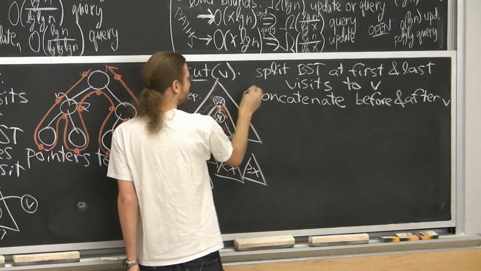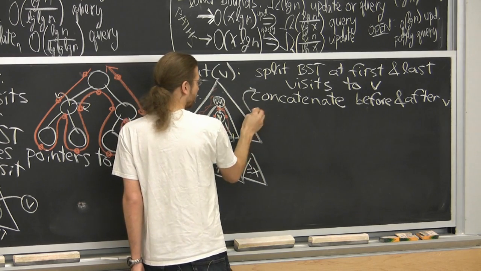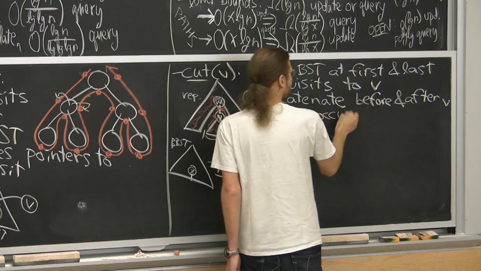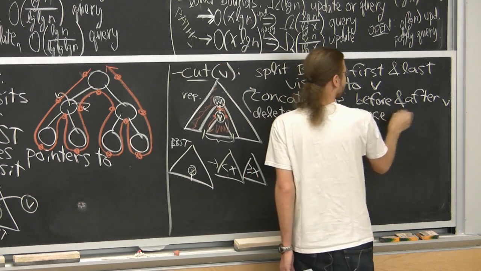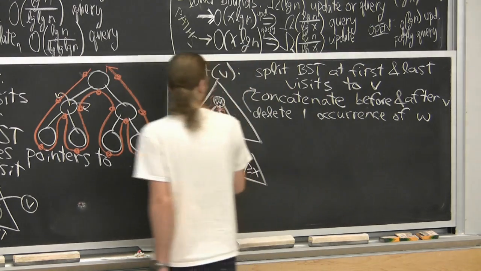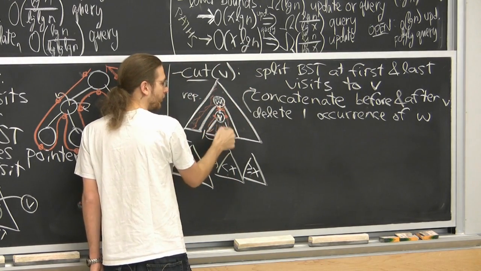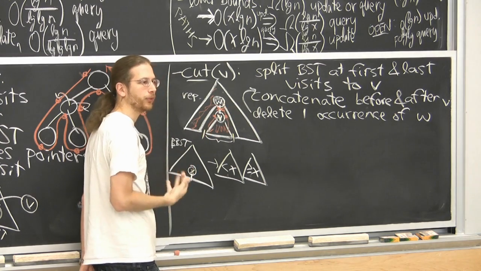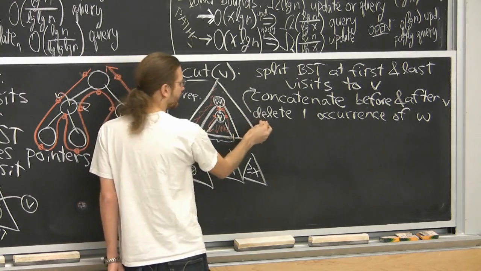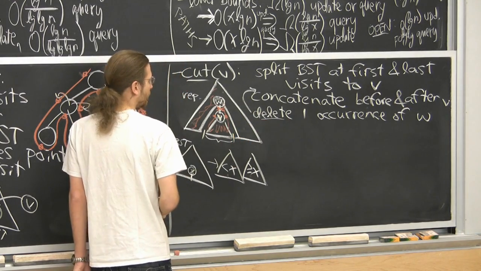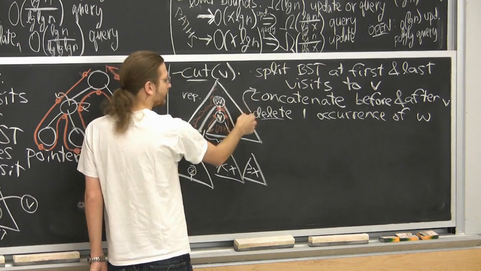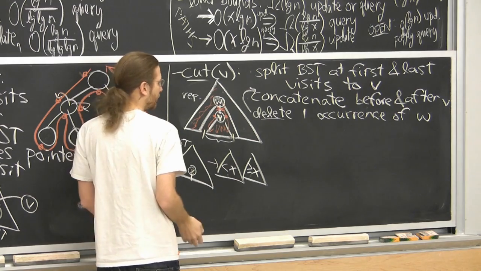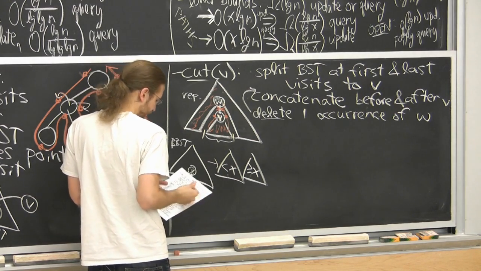There is actually a tiny thing that has to happen here, I just remembered, which is somewhere we need to delete one occurrence of w, the parent of v. Because it used to be, okay, we visit w, then we visit v, blah, blah, blah, then we visit w again. If we cut out this part, we're going to have two visits to w in a row. We really just want one visit. So this is a minor thing, but we need to do a delete in there. Each of these is log n time, so the overall time is log n. Easy. This is a cut and paste kind of argument, all pretty cheap.